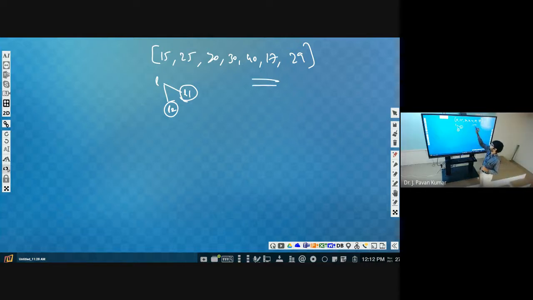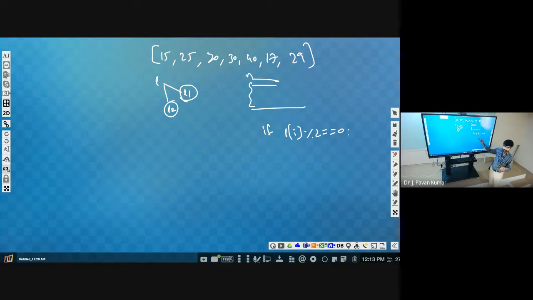Taking input, you know already: n we have to take and n elements we have to read. That I am not writing. Afterwards, we have to check whether L of I is even or odd. So how can we find? By dividing with 2. If L of I is divisible by 2, then we have to add this to L1.